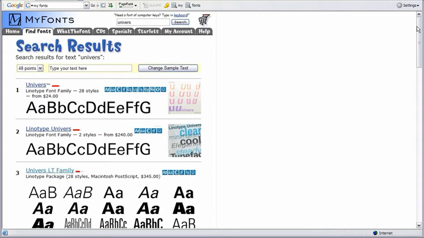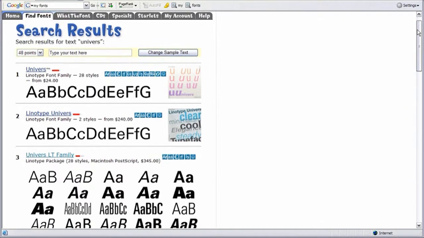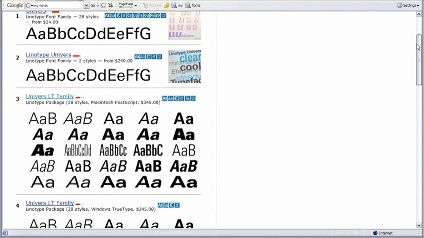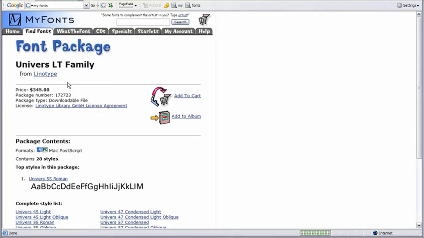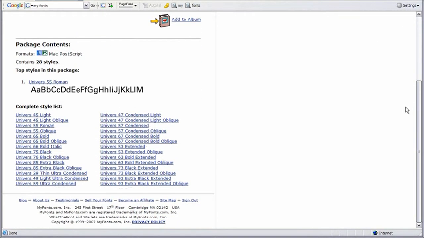Alright, then you should see a page that looks just like this, and I'll scroll down and you can see that there's several Universe families over here, but you can see right here Universe LT family, and if you look closely you'll find that font right here. Now let's go ahead and just click on this Universe LT family, then scroll down and you'll find, should be right here, Universe 39 Thin Ultra Condensed. Go ahead and click on that,